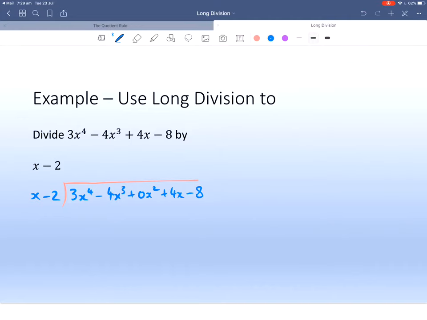Now I'm going to do the same thing as I did with the other one. What is 3x to the 4 divided by x? Well, that's just 3x cubed, because the x just cancels out. And now I'm going to do the multiplying thing. So I'm going to go that times that, and we should always get 3x to the 4. And then that times that, and I get minus 6x